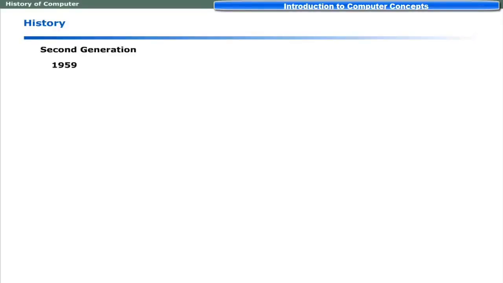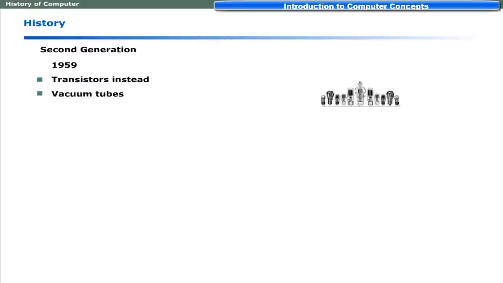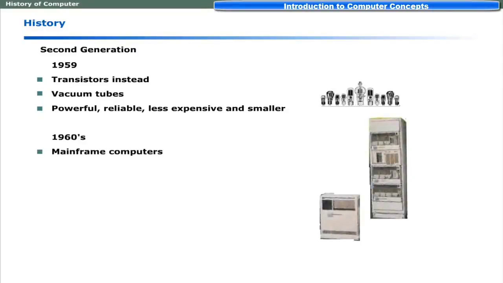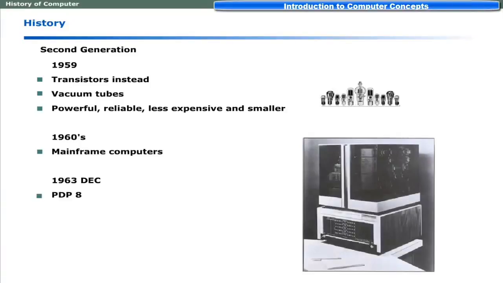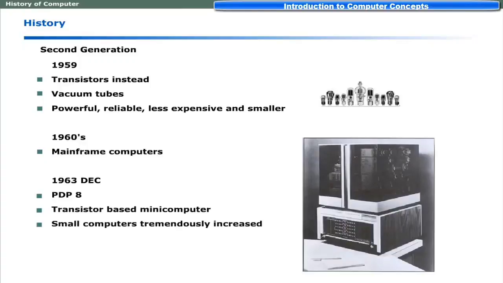Second-generation computers were introduced during 1959. These were built by using transistors instead of vacuum tubes. These computers were more powerful, reliable, less expensive, and smaller in size than their predecessors. Until early 60s, only large companies were producing mainframe computers. In 1963, DEC introduced PDP-8. It was a transistor-based mini-computer. The demand for small computers tremendously increased for business and scientific applications, and by 1970, a number of firms were